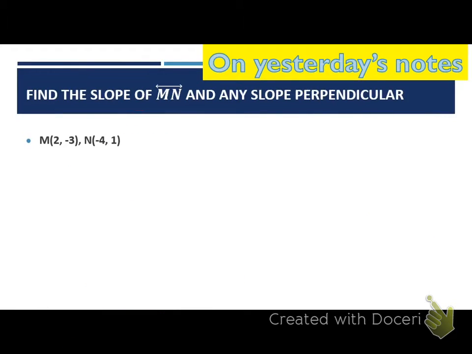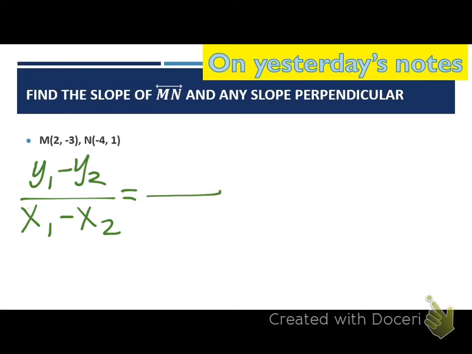The last question from yesterday's notes is find the slope of MN and any slope perpendicular. So we're doing the same thing. We're going to find the slope using the slope formula. So y1 minus y2 over x1 minus x2. What's my first y? -3. My second y, 1. My first x, 2. My second x,